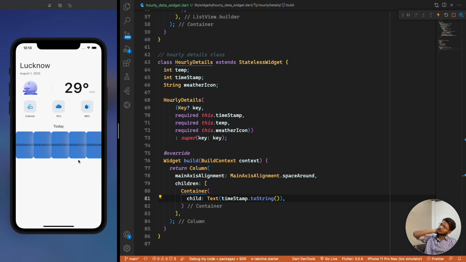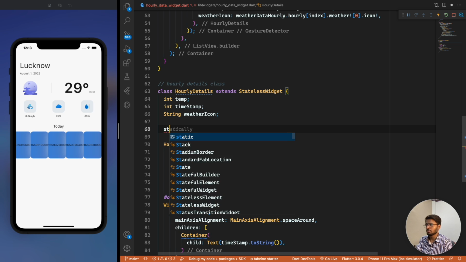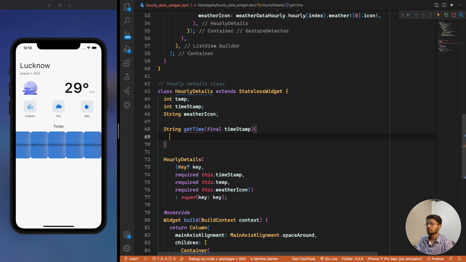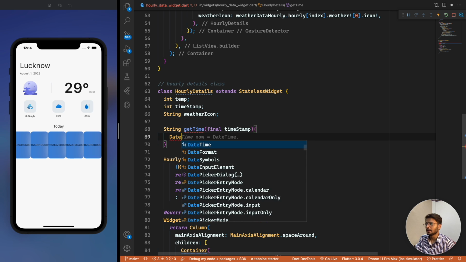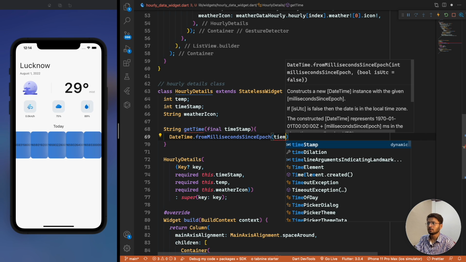So if you want to convert this timestamp to our particular hourly basis, what we can do here is we will create a new string here. This will be string get time, and here the value can be day, or rather the timestamp here that we are sending. Now we cannot directly format this because first of all we have to take that particular timestamp and do a millisecond epoch so as to convert this in a particular format. So we will write DateTime dot millisecond from millisecond epoch, and now if we pass the timestamp, so here you can see